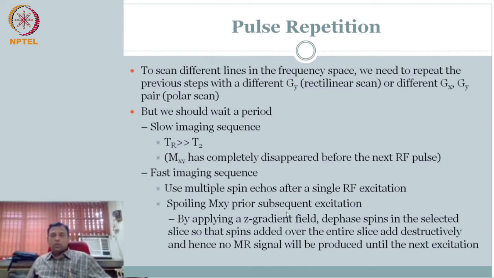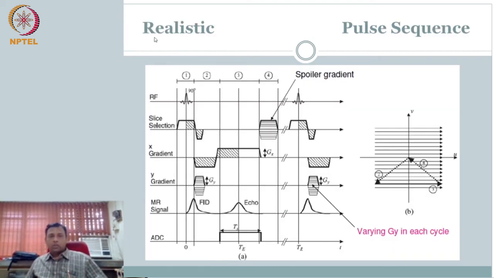So now let us look at updating our pulse sequence diagram to be more realistic, including representing how we put a pulse repetition also in the diagram. Here we will start to call the sequence that we have seen, we'll see it again, but now we will call it a realistic pulse sequence. This missing link, we need to look at and see if you have understood what this fill in the blanks is. So here we start with RF, you do the slice excitation like before, but there are 2 or 3 important points that I would like you to pay attention to, on why this becomes realistic.